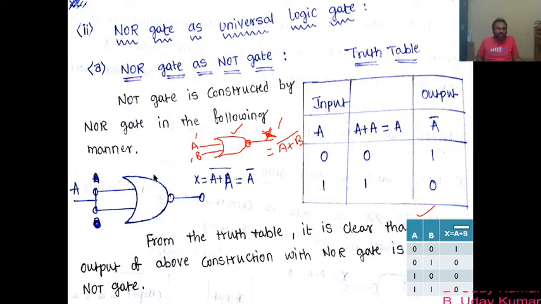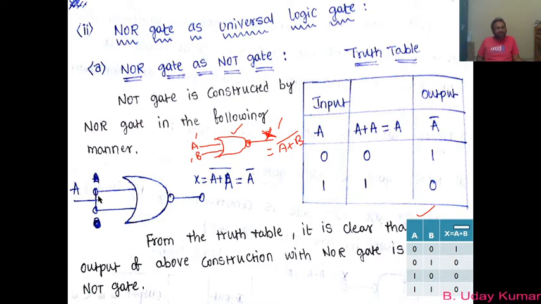So you know that this is a NOR gate, an OR plus a bubble or circle at the output, right? In general it has two inputs, but when they are interconnected it becomes one. That means A is equal to B, and hence in place of B, forget about B, I can write simply one terminal, which is A. So now the input of this NOR gate is one, and that is denoted by A.